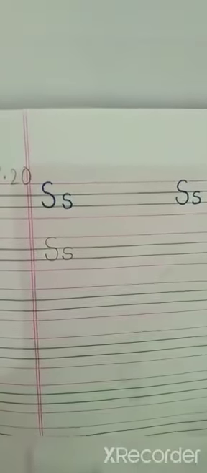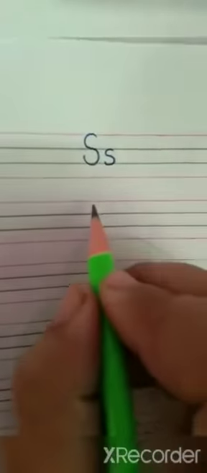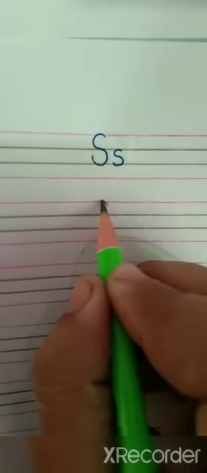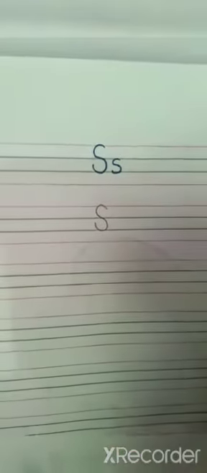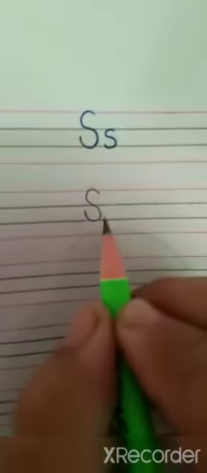It becomes S. Okay. Now we will start from middle line. Take a curve like this, swing it back. Then on the other side, swing it like this. It becomes small s. Okay. Now once again, take a curve like this. Then do like this and again swing it back. It becomes capital S. And for a small s, take a curve like this. And then again from here swing it back. It becomes small s.